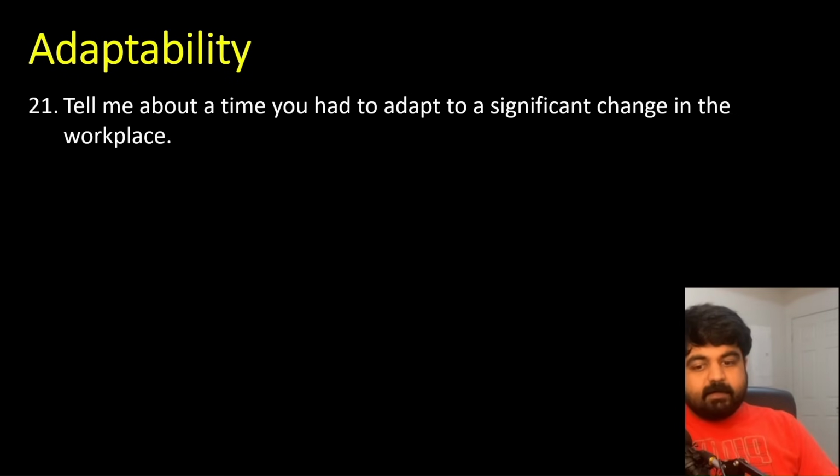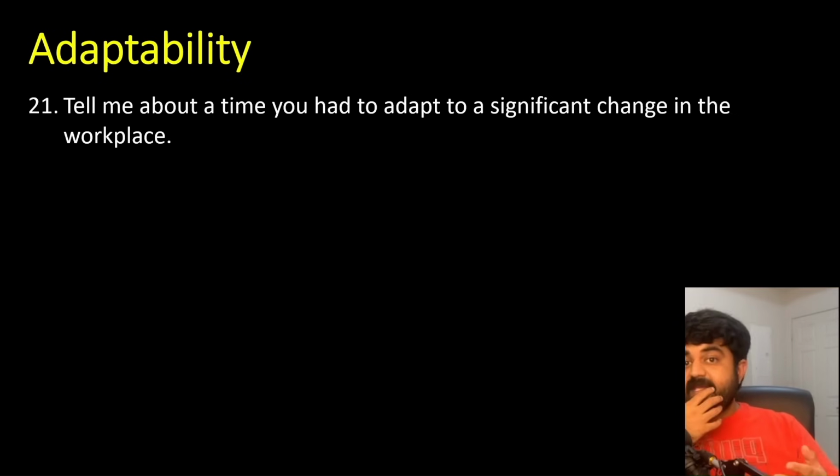Why that change came into place. Maybe one of the significant changes can be that previously, let's assume, all the deployments are being done manually in dev, QA, UAT and production environments. And suddenly the company came up with a mandate that starting from next month, everything has to be automated with CI/CD. You cannot do anything manual.